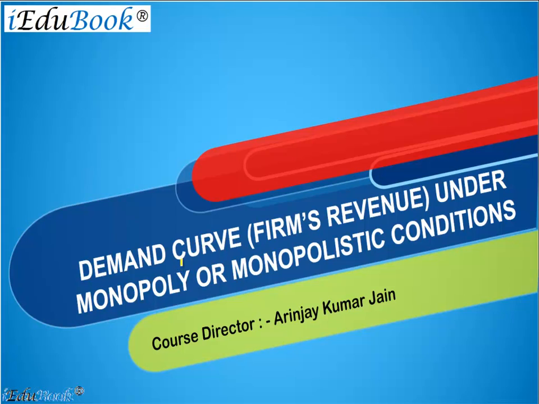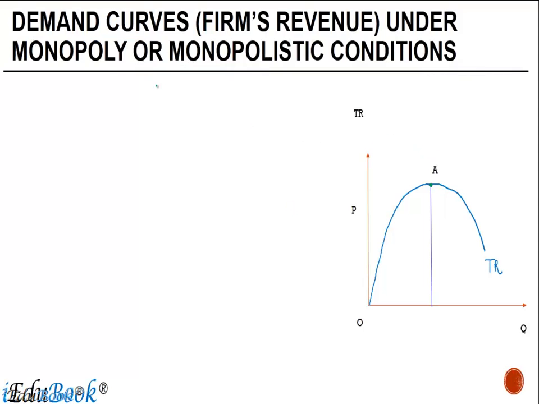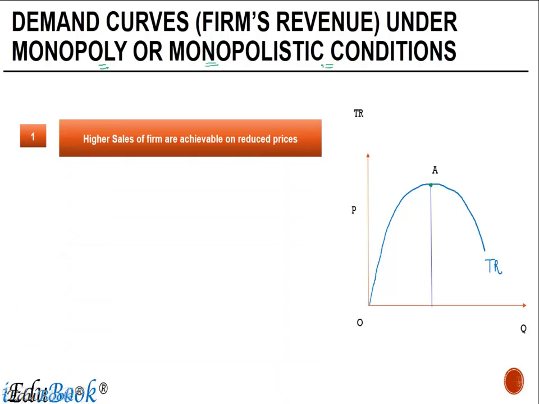So let's look at the demand curve, or the firm's revenue under monopoly or monopolistic conditions. In case of either a monopoly or monopolistic condition, the higher sales of the firm can only be achieved on reduction of prices. The price can be there up to a point in time, but if you want to increase the sales and the total revenue, it can be achieved only when there's a reduction